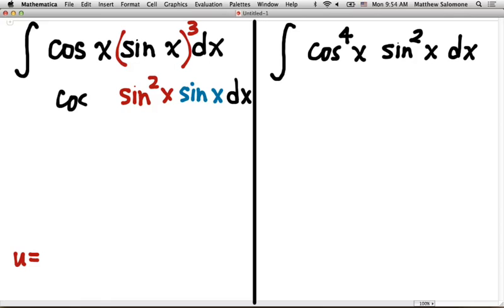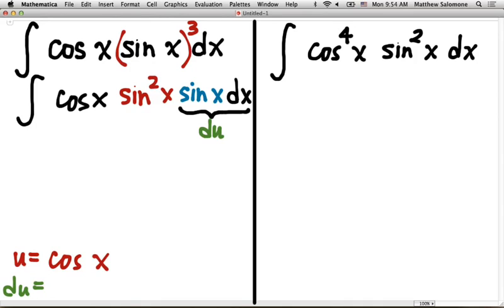And by peeling off that power, what we'll find out is that we can make a substitution and use that power of sine that we peeled off to be part of our du. So what we're shooting at here is that we would like our du to look like sine of x dx. But if that's what I'm trying to make part of my du, then what am I making part of my u? If du is proportional to sine of x, then what is u? Cosine. So we're buttering ourselves up here for the substitution u equals cosine x. Du would be minus the sine of x dx. But we can't get away with that yet,